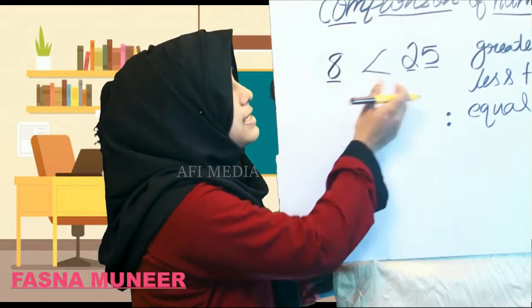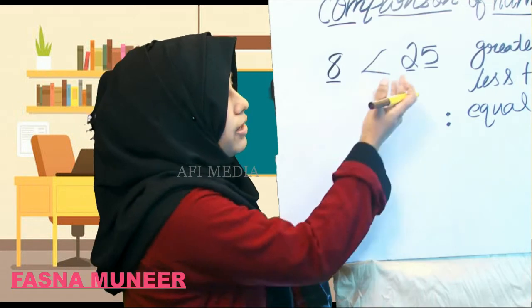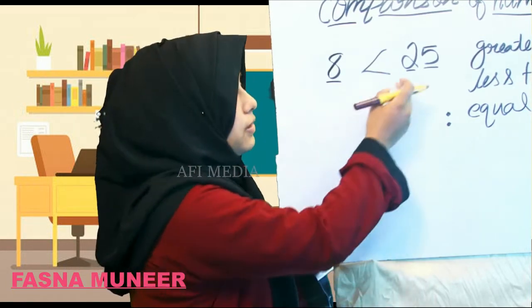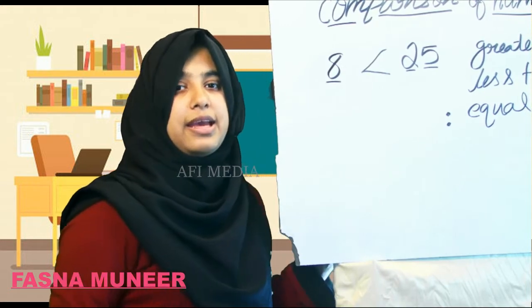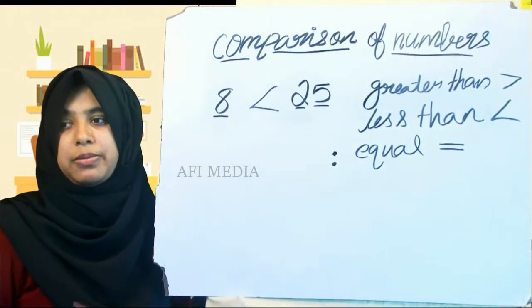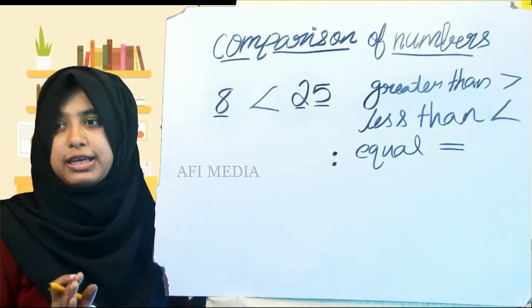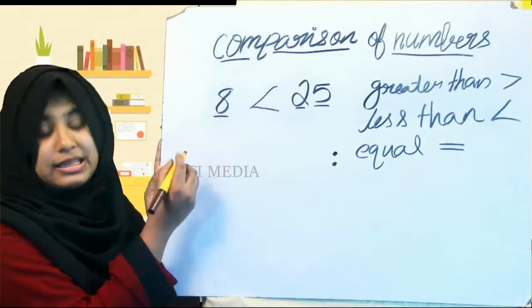Now we can easily identify which is the greater number, because how can we easily find this? Here is a 2 digit number, here only 1 digit. Like this we can easily find which is the greater number or which is the less number, but it is not possible in all cases. Then listen to the next numbers. I am writing another numbers.